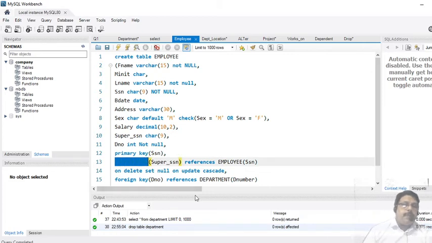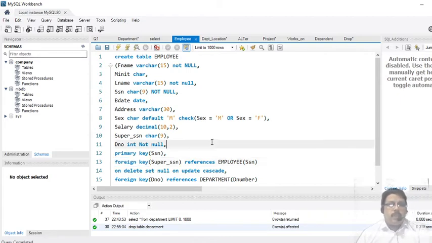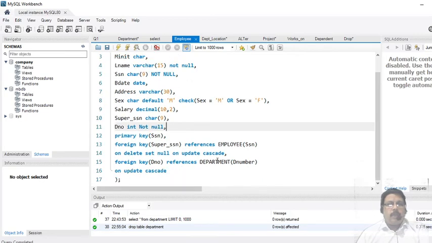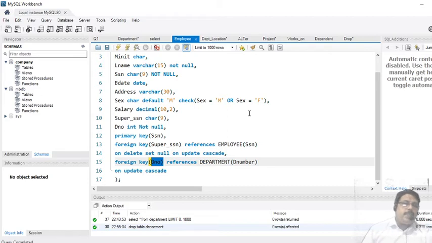So when you specify any field as a foreign key field, when you insert the value in this department D number of the employee table, it should be the same as the D number in the department table. Means you cannot give any other values. That is, if you have 1, 2, 3, 4, 5 departments, you cannot give 8, 9, 10 or any other number which is not there in the department table. That is the first rule.